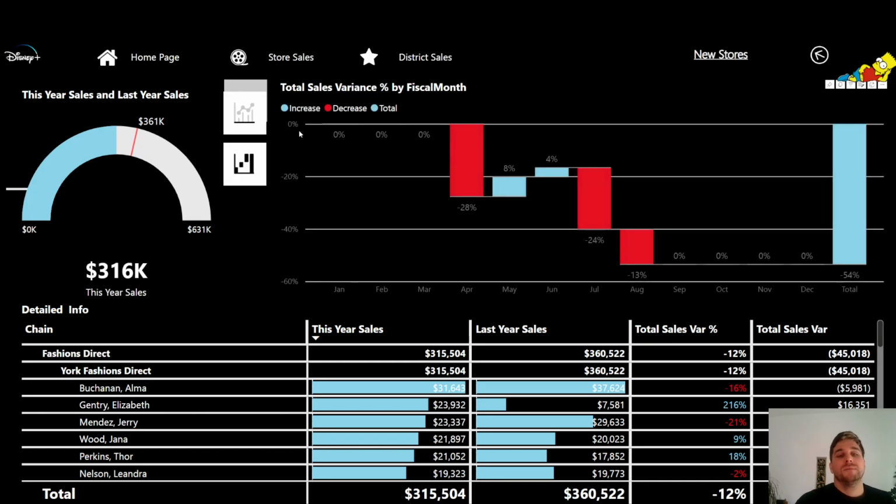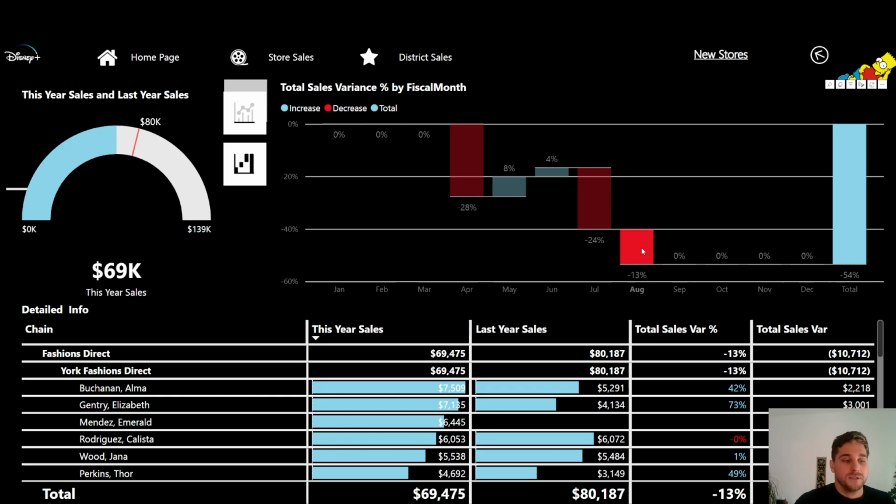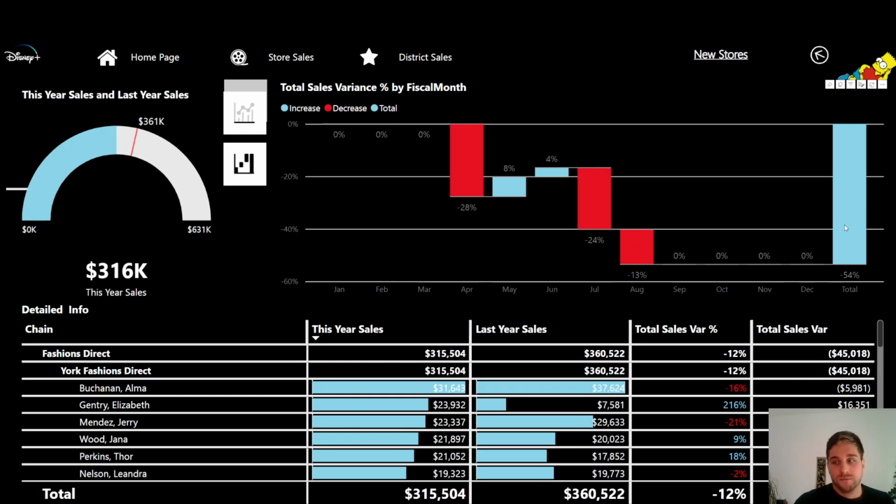You can also see some increase and decrease in the different categories per month, and we could also filter the information and spot the most important information when there was a significant increase or significant decrease. This is just a general overview of the report, how it could be designed. Of course, there is no limit to creativity. That was my vision. I used those kinds of colors.